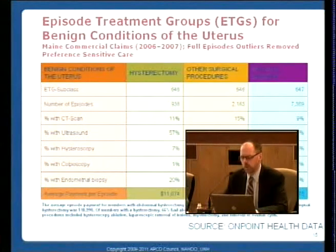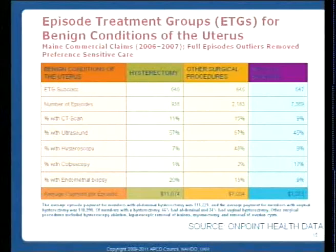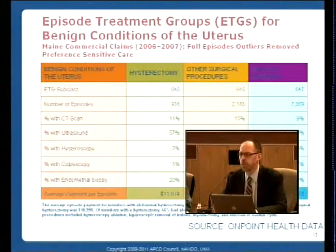This is an example where the state of Maine used something called episode treatment groups, which essentially takes procedures and lumps all the services around that procedure together. This is a benign conditions of the uterus example, and then provides different scenarios based upon whether you're a surgical intervention, sort of a lower surgical intervention, or without surgery. And you can look at the cost ranges from about $11,000 to $1,200, depending upon how you approach the specific